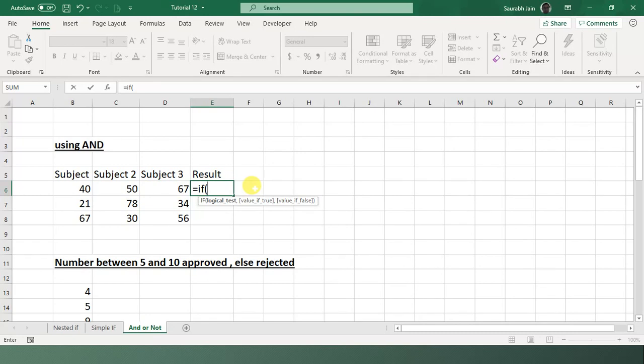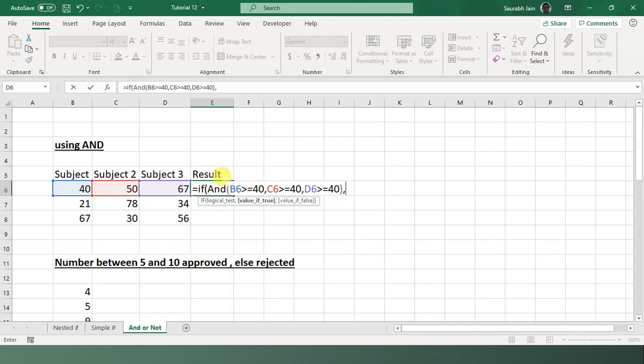So I will write AND, again bracket open. Now I say this is greater than or equal to 40, comma, this is greater than or equal to 40, comma, subject 3 marks is greater than or equal to 40. So this is my condition part, comma.